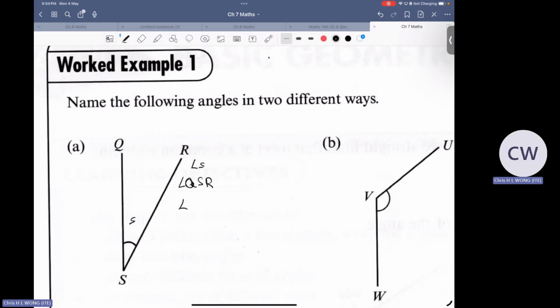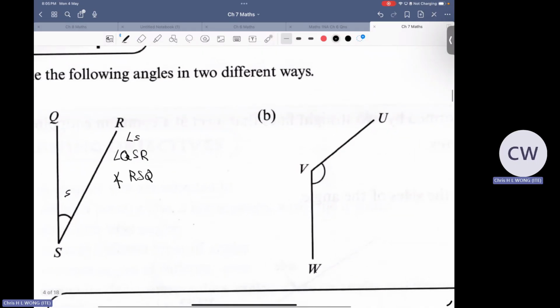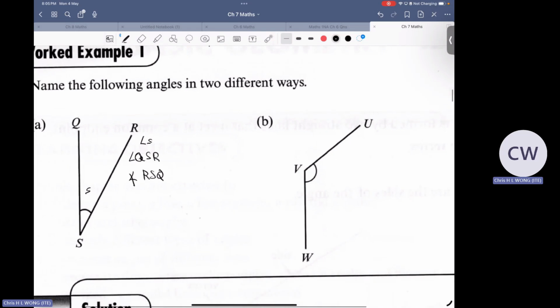QSR, or RSQ, right? Make sure the angle is at the center. Yeah. Okay. This one, you can. This must be a V, angle V, or angle UVW, or angle WVU. Yeah. Always have the habit of naming it in the